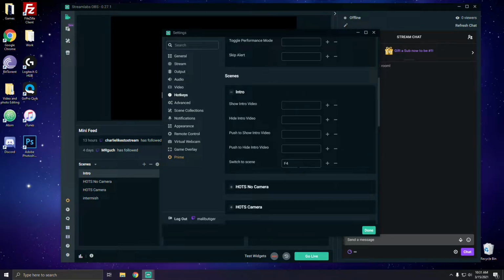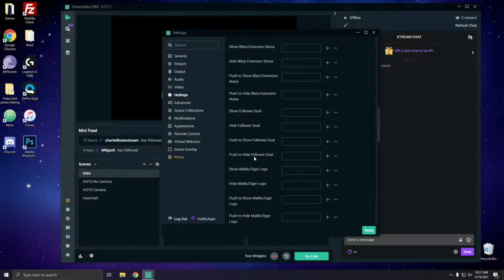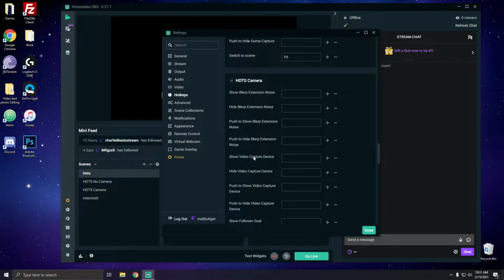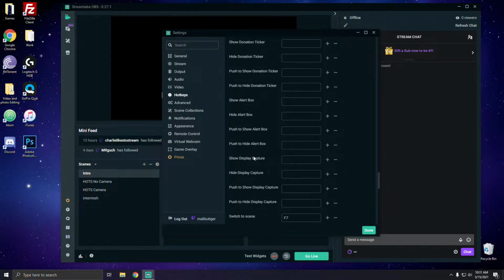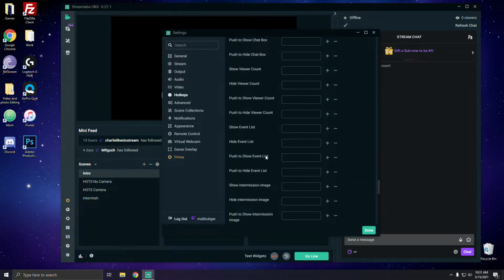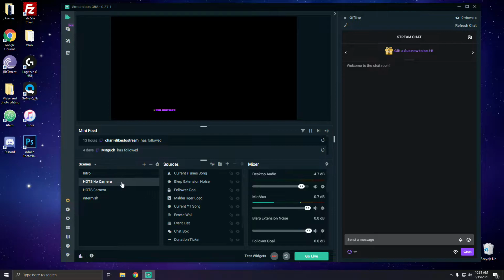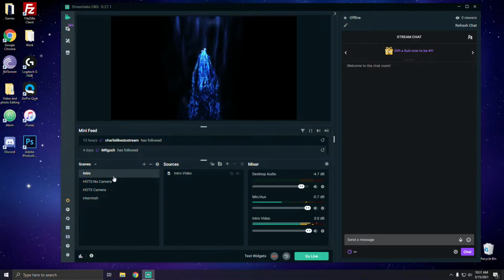So my intro scene, switch to scene hotkey is F4, and then my switch to scene no camera is F6, and F7 for camera, and F8 for intermission. So it's as simple as setting those hotkeys, and then once the video plays, if there's audio in that video,